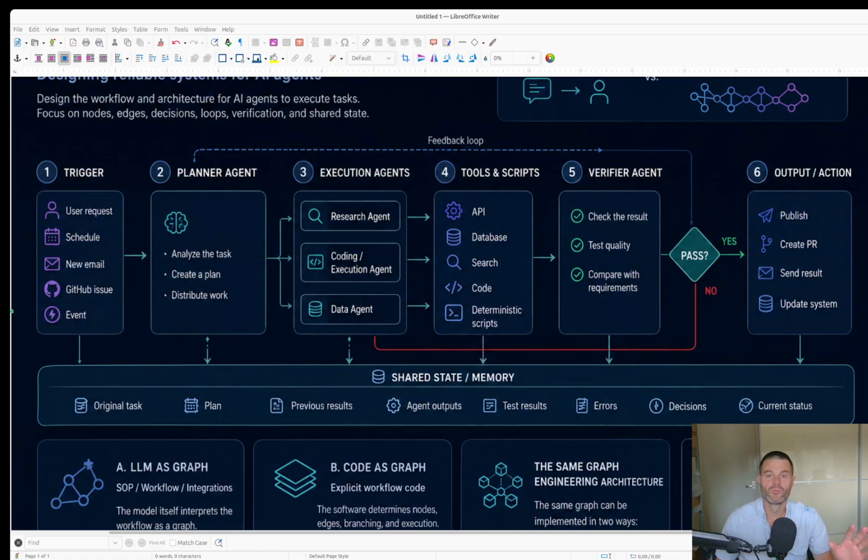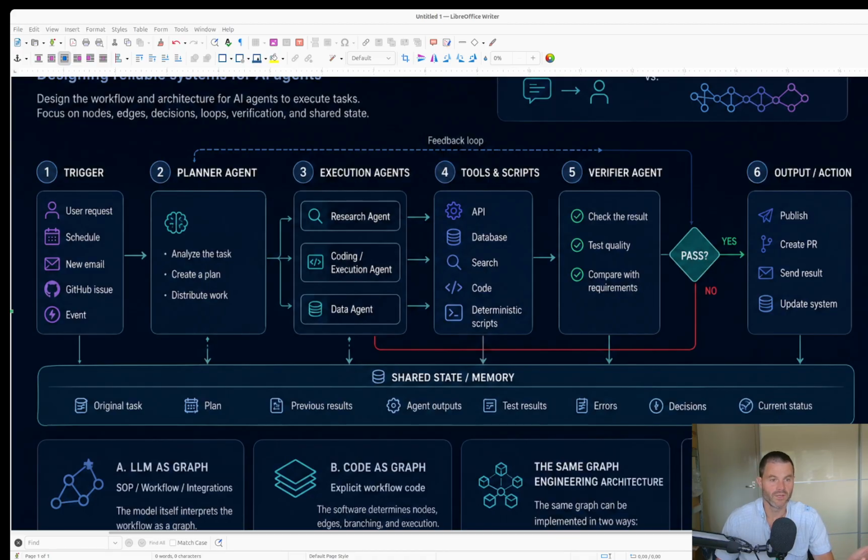So, before we move forward, a summary. This is the first image in the architecture. The trigger starts the workflow, and that's the first one. The nodes perform the work, so the execution agents. Then the agent verifies and checks the quality. And then the loop allows the system to retry and improve until it all passes. But this is still quite abstract. So now let's turn to a real use case example